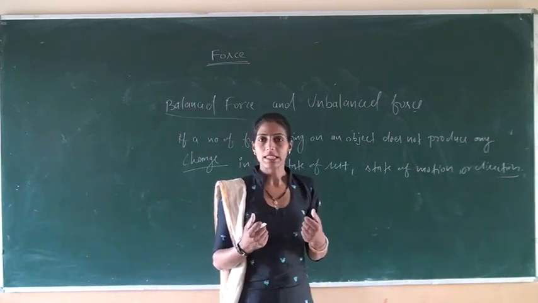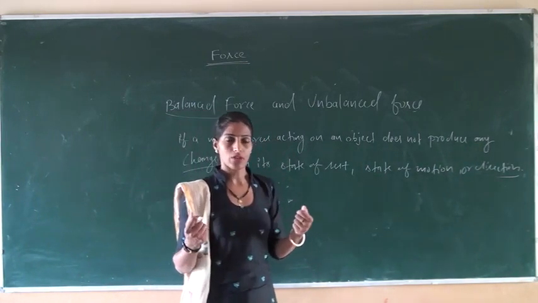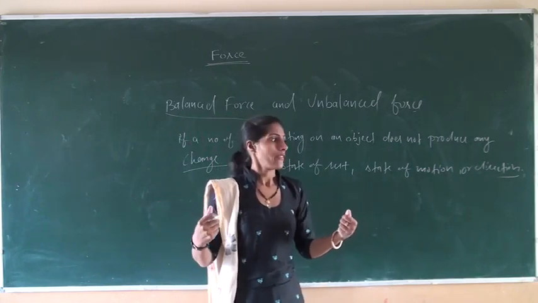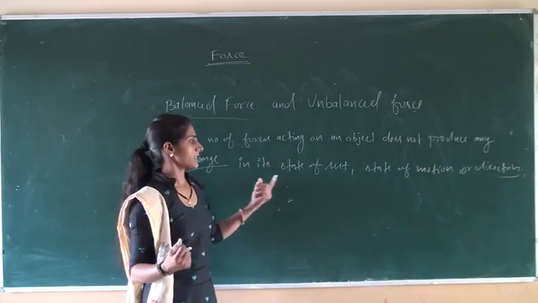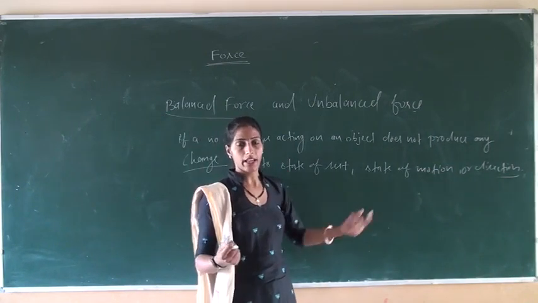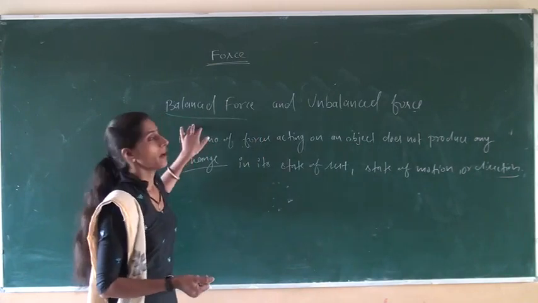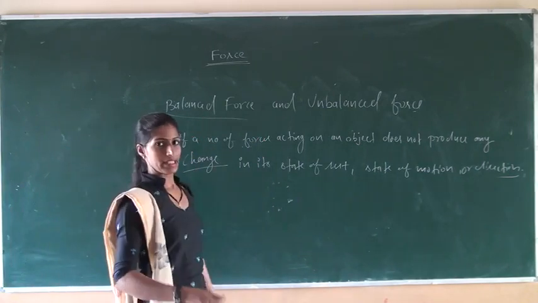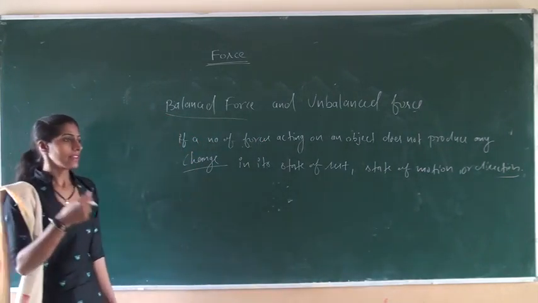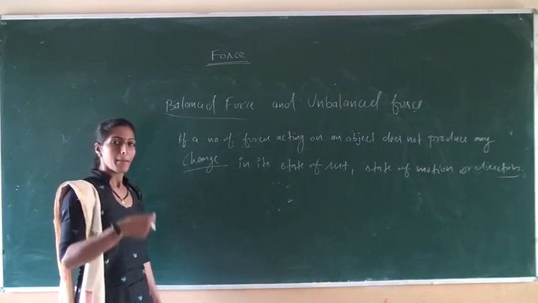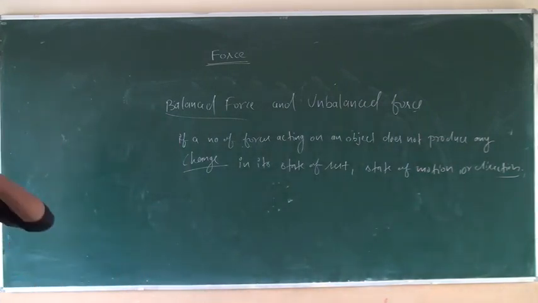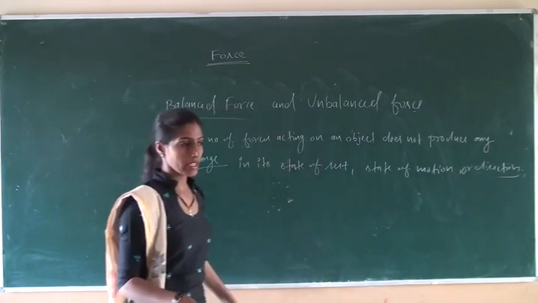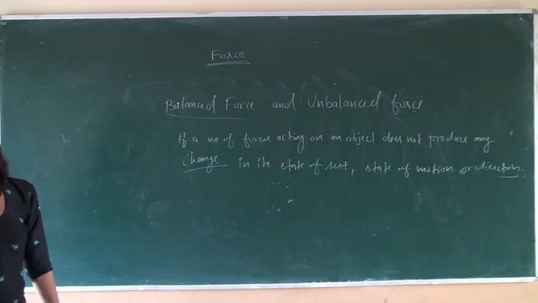If two persons apply equal forces on any object in opposite directions, then there is no change in its state or direction. So the force is the balanced force. For example, a person holding a briefcase in his hand, then the force is a balanced force. Similarly, a book lying on the table is also an example of a balanced force.